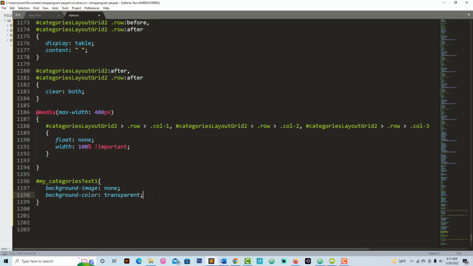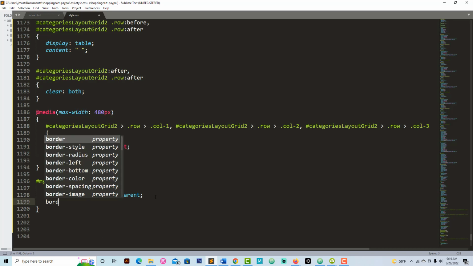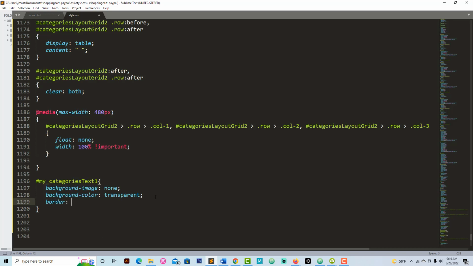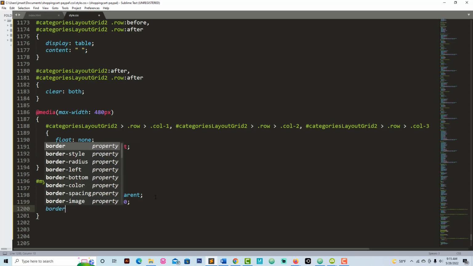Need transparent. Also, we need the border. Is the color 1 2 3 4 5 6 zeros, and border radius